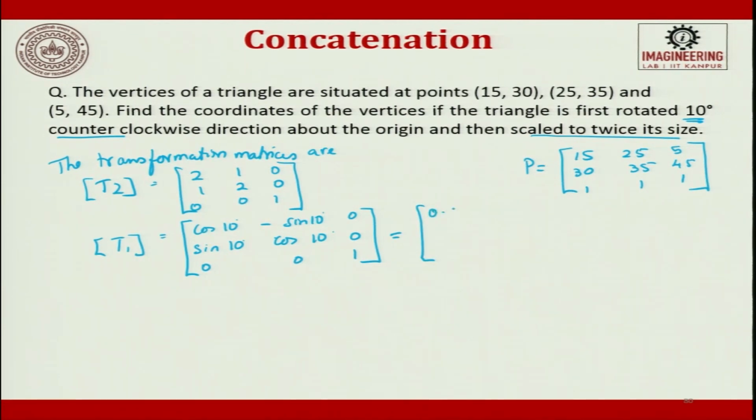approximately 0.98, around 0.17 and minus 0.17, and 0.98. In the examination, it is better you take up to 2 digits, or I would suggest go up to 3 digits for the calculation, because many a time when we do approximations the values will be very close, right. We will try to go up to 3 digits, but here I have taken only 2. If you want to go up to 3 digits, let us take the 3 digits also.